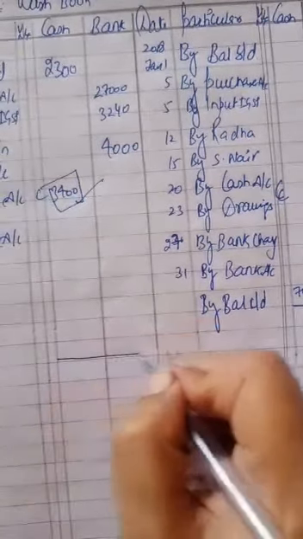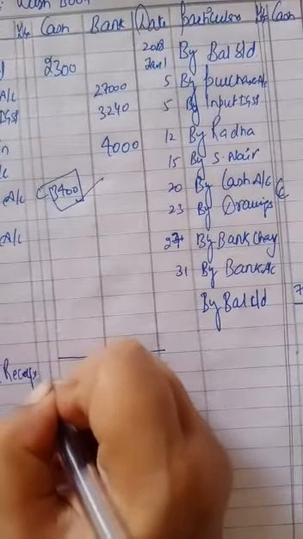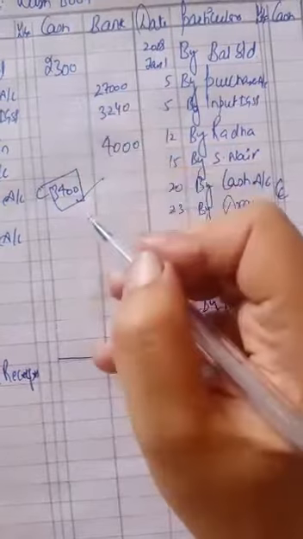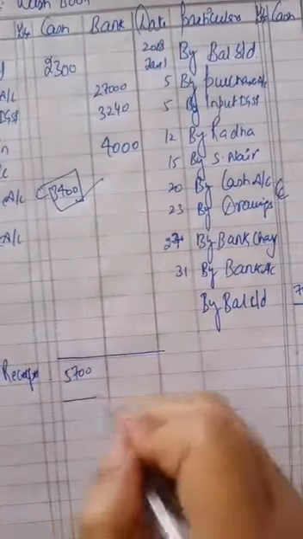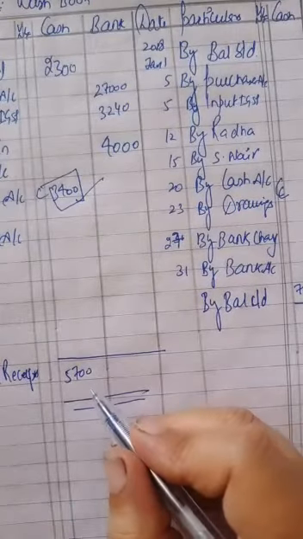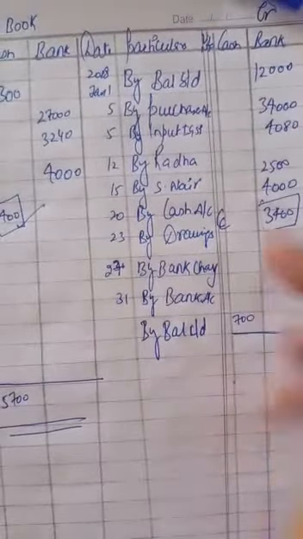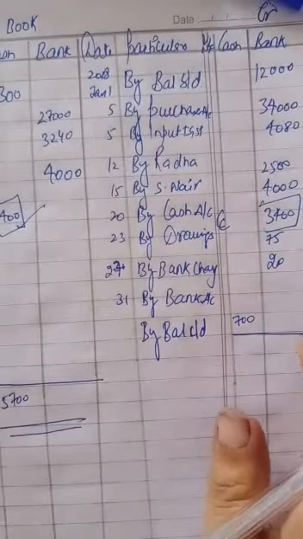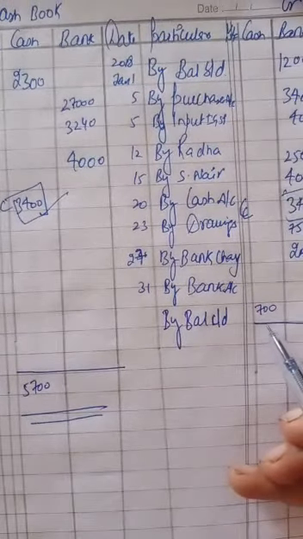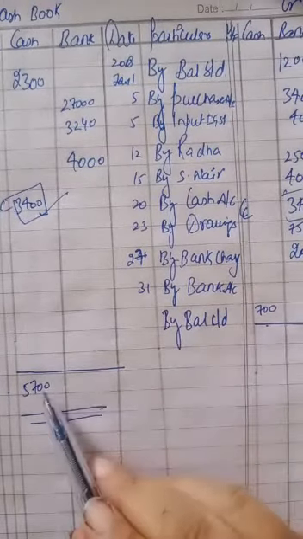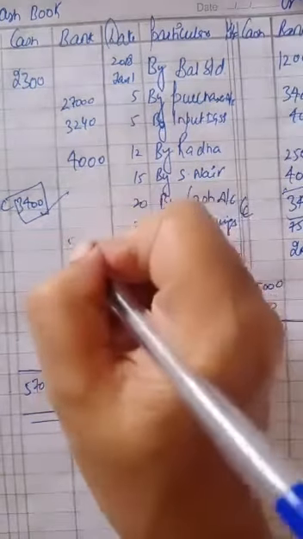So do the total of receipt side. Total receipts of cash column till now will be 5,700. Total receipts we have received of cash is 5,700 and 700 we are allowed to keep because there is no cash transaction in payment side. So out of 5,700 we have to keep 700 only in the hand. Means 5,700 minus 700, 5,000 we have to deposit into the bank.